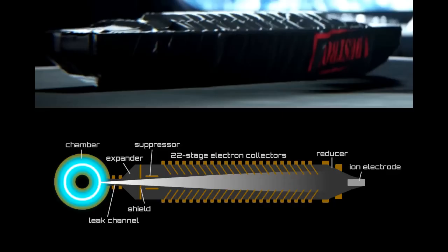The fusion reaction occurs within a small reactor chamber within a highly charged plasma medium. A selective leakage port on the reactor chamber opens, and by means of magnetics and electrostatics, the ions and electrons in the plasma medium selectively leak from the reactor chamber and are directed into an expansion chamber. Here, the plasma medium, containing the highly charged particles, is guided and expanded in volume by a fan-shaped magnetic field that reduces the power and density and converts the rotational energy of the reactor chamber into directional energy,